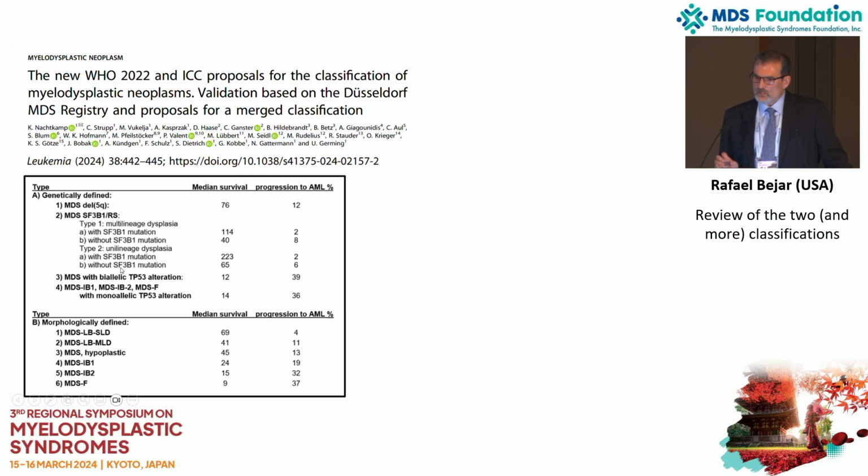And then they also acknowledge the controversy around how you define the TP53 mutation status, that in some studies, having one mutation in more than 10% blasts confers an equally poor survival to those patients that are multi-hit. And in others, there's more ambiguity, suggesting that single hit really is better than having double hit, even in patients who have elevated blasts, and certainly in patients who have low blasts. So they recommended recognizing both, that you would have a subgroup for biallelic TP53 alteration, but for those high blast patients that have a single hit, you would create a separate group there, understanding that they may be different and important to identify as we go forward.